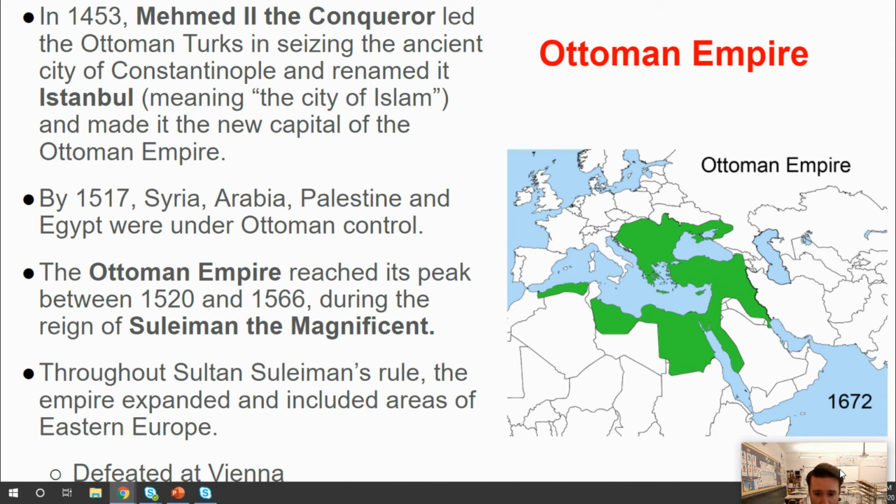Muhammad II is known as Muhammad the Conqueror. He is going to be a really important person who establishes the Ottoman Empire as it would end up being. The big thing he does is lead the Ottoman Turks to the doorsteps of Constantinople. Constantinople, the capital of the Byzantine Empire, had slowly been losing territory for some time in the areas of the Middle East. They had been losing it to the Ottomans, and so slowly the Ottomans are just surrounding